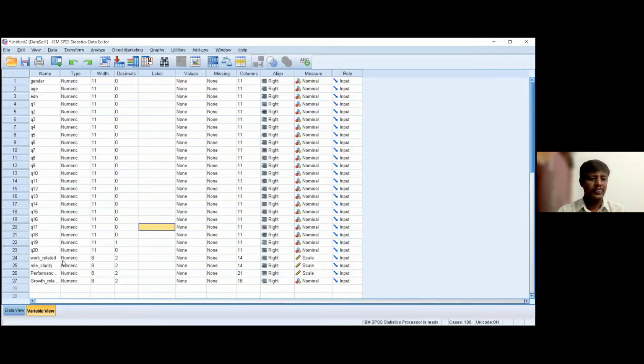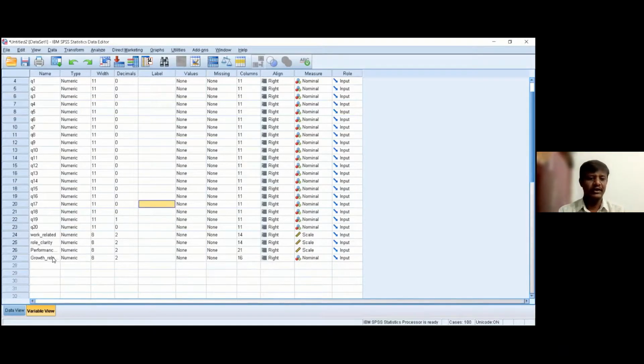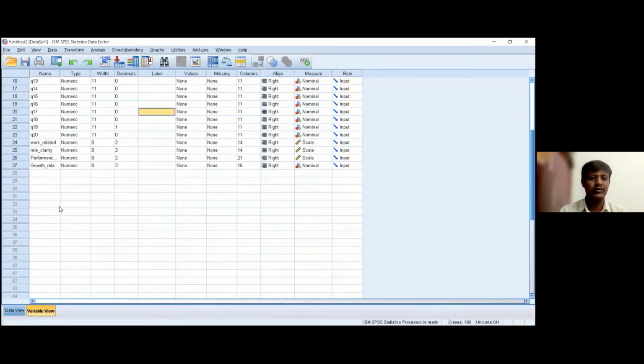Okay, coming back. Whenever we create any variables in this way, in the variable view, they will be listed at the end of the variables. So when you look into this particular output, you can see 4 variables are created successfully. The same thing can be confirmed when we go to data view.